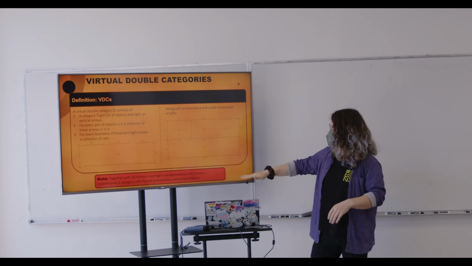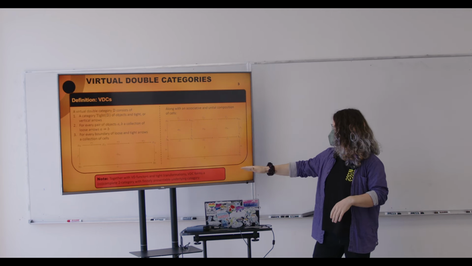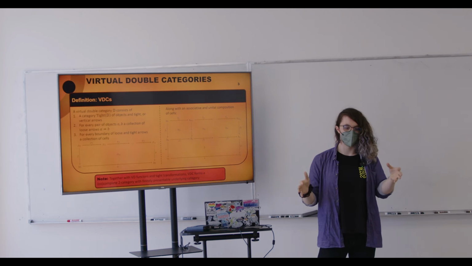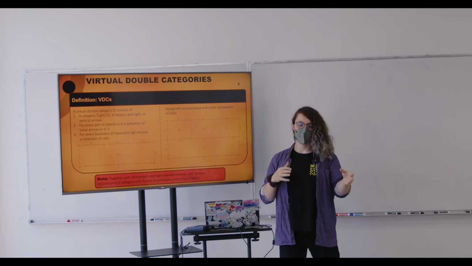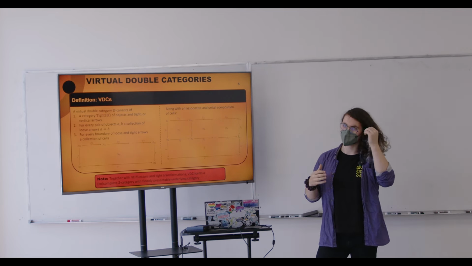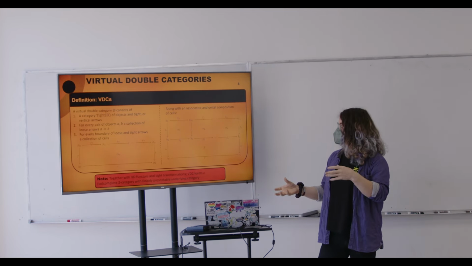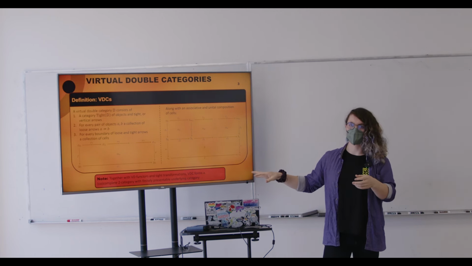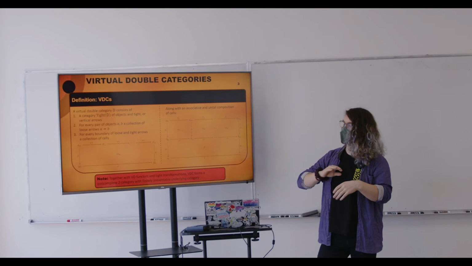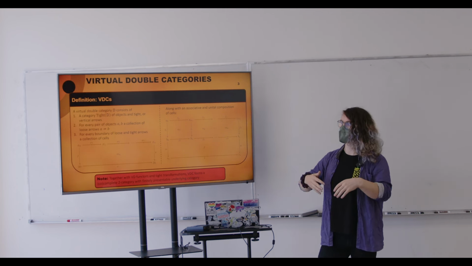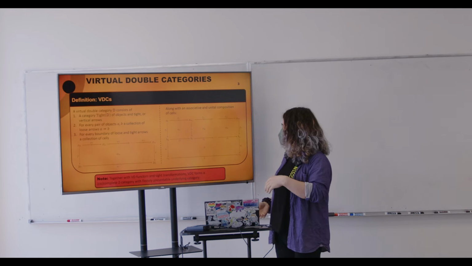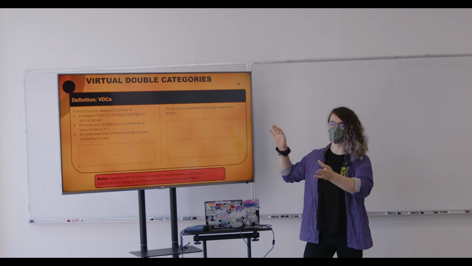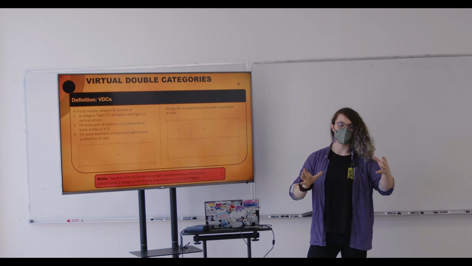As a first motivation for why this is a nice setting to work in, the category of pseudo double categories doesn't have all colimits. We have restrictions on the type of constructions we can do there, but the category of virtual double categories is finitely presentable, so in particular we have all limits, all colimits, and they're actually pretty nice to compute. So that's at least one initial motivation for why it might be nice to work with virtual double categories over just pseudo double categories.